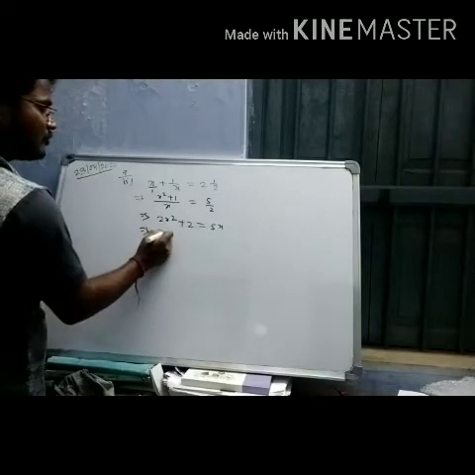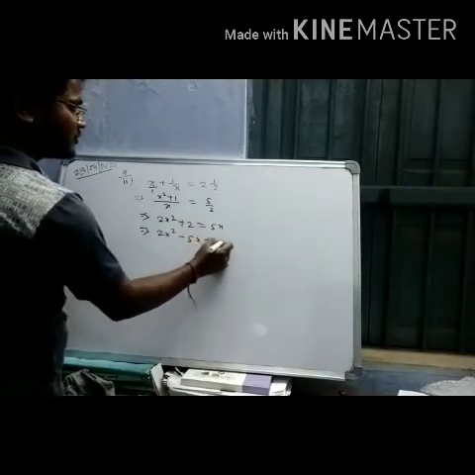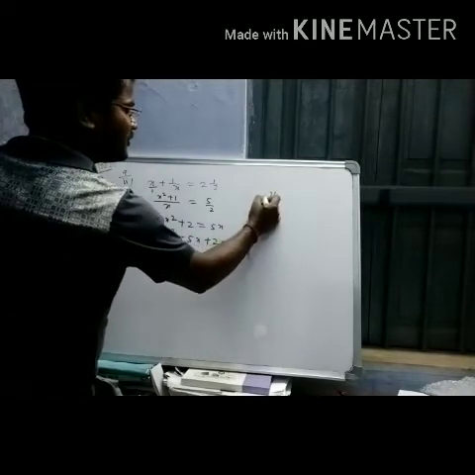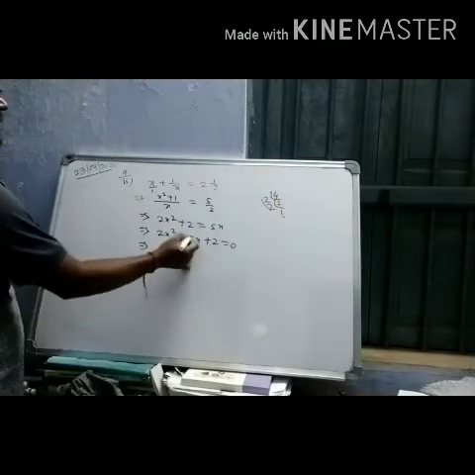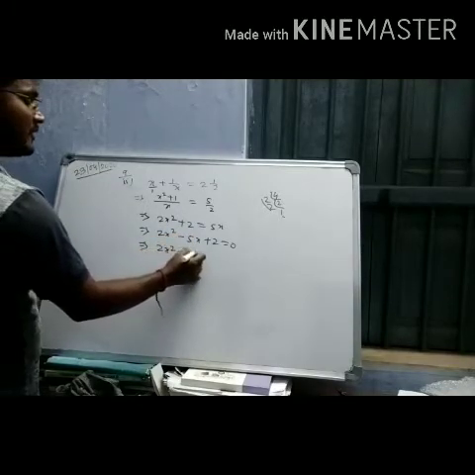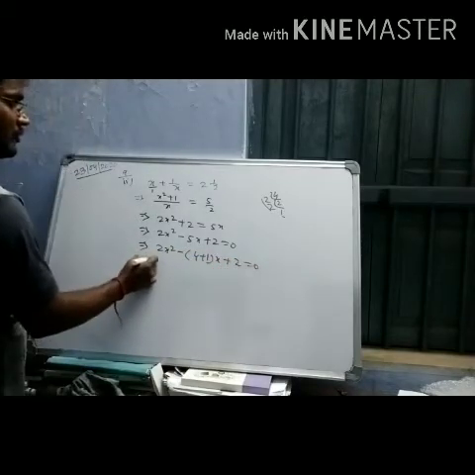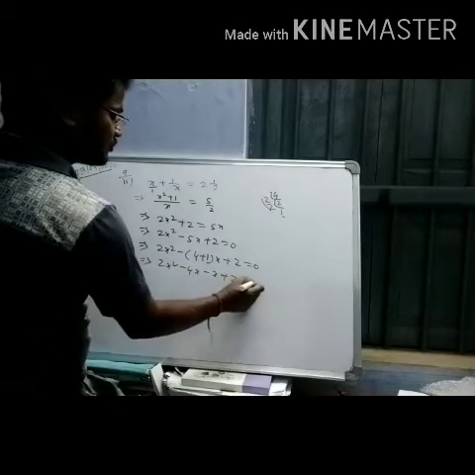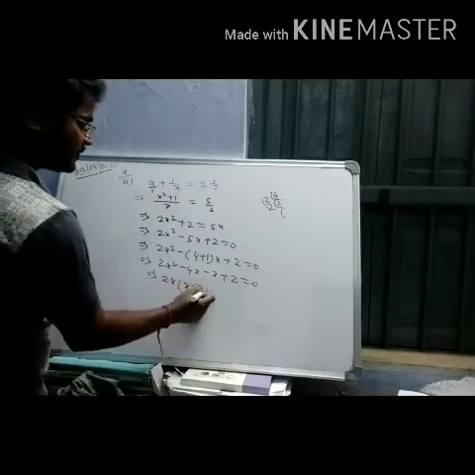Or 2x square minus 5x plus 2 equals 0. Now 2 times 4, and 4 means 2 times 4, 4 plus 1. With the help of the positive sign, you have to get 5. 2x square, then you will write minus 4x minus 1x plus 2 equals 0. Then 2x square minus 4x minus x plus 2 equals 0. Then take 2x common. Then it equals x minus.